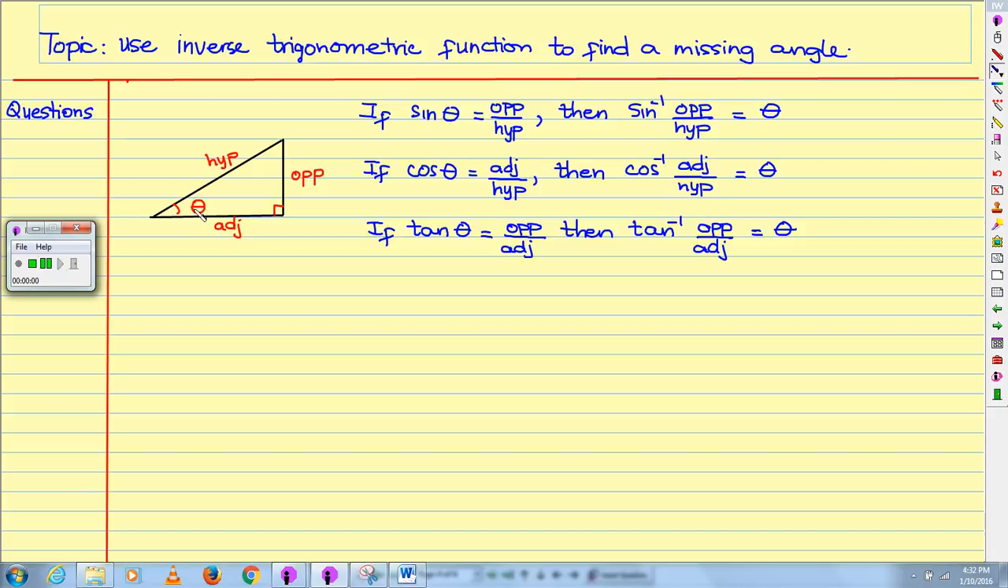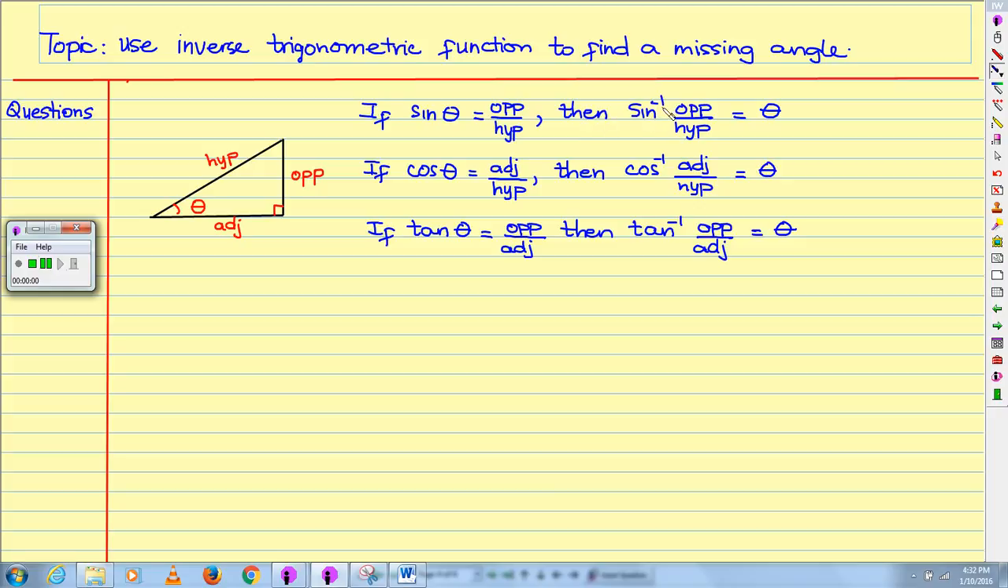Theta is an acute angle, which is an angle less than 90 degrees. And we label the opposite side, which is the side opposite the angle theta, the adjacent side, which is the side that's next to the angle theta, and the hypotenuse, which is the side opposite the right angle. If sine of the acute angle theta is opposite over hypotenuse, then inverse sine